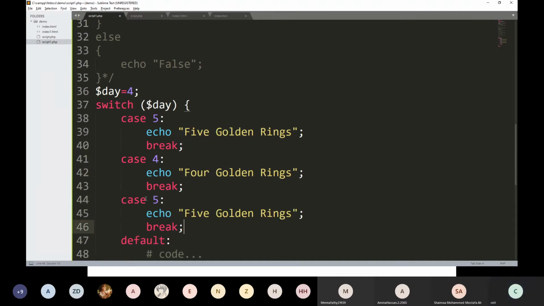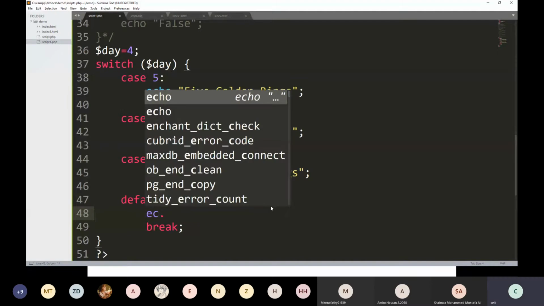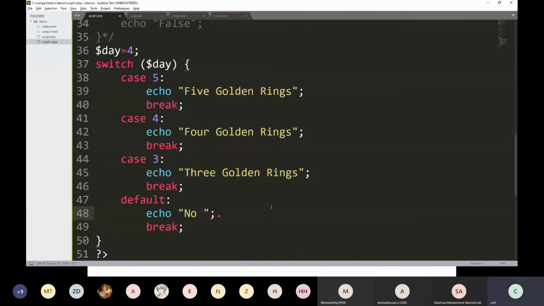Then case 3. You can write in any way you want. There is no need to maintain the order. And default, I just write echo no golden rings. What's the use of break?